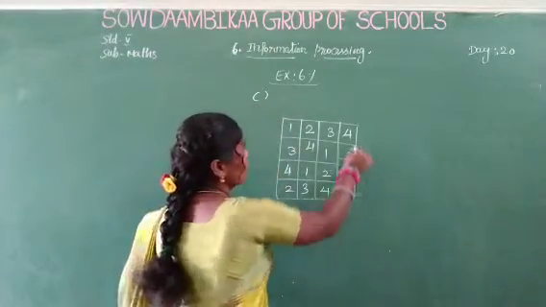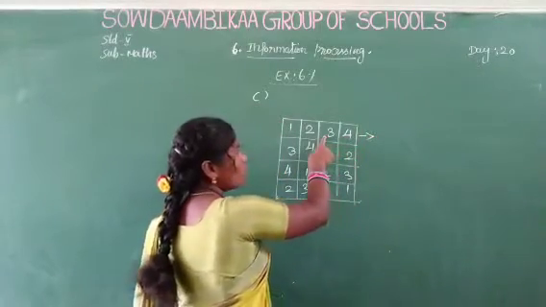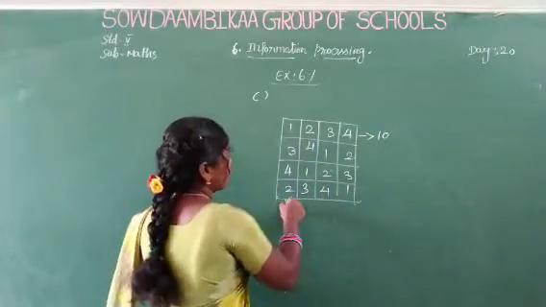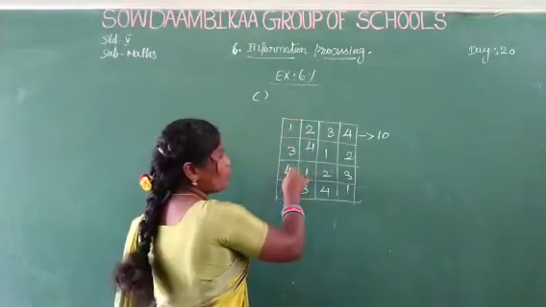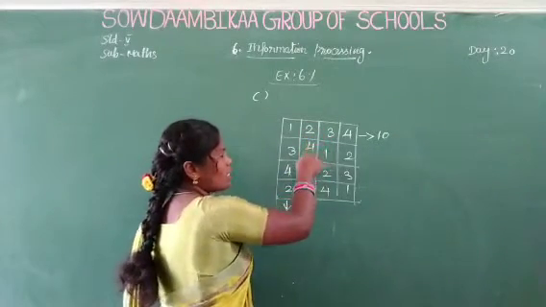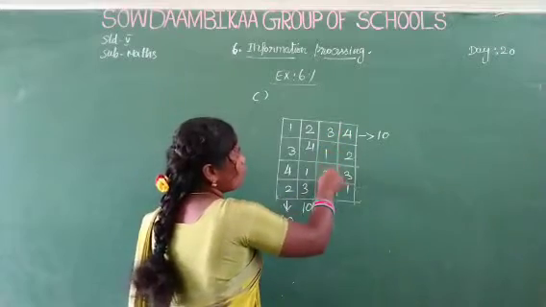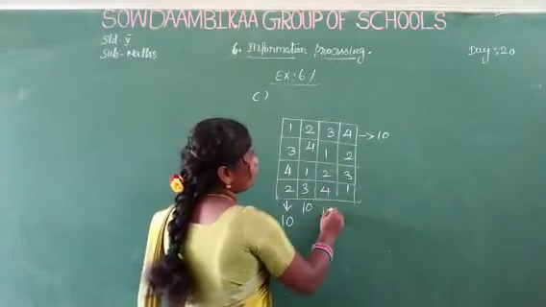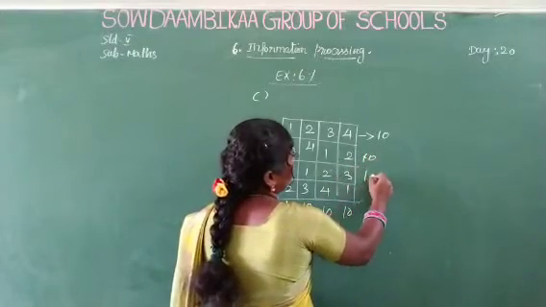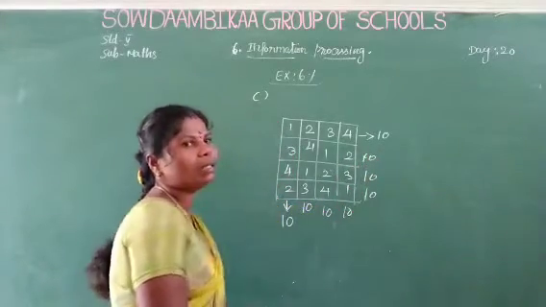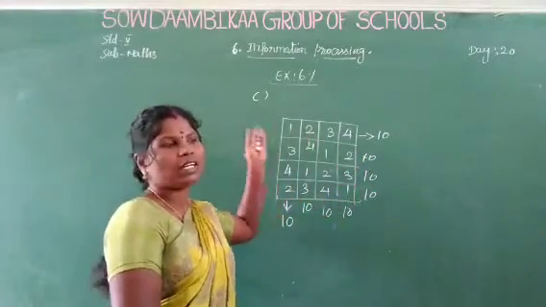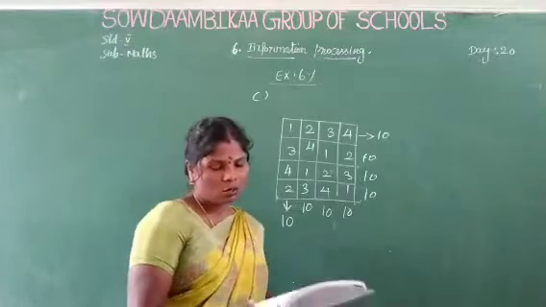Now add the numbers. 3 plus 4, 7. 7 plus 2, 9. 9 plus 1, 10. Now see, 3 plus 1, 4. 4 plus 4, 8. 8 plus 2, 10. All the same. 2 plus 4, 6. 6 plus 4, 10. 3 plus 2, 5. 5 plus 1, 6. 6 plus 4, 10. 4 plus 2, 6. 6 plus 4, 10. 10, 10, 10. Okay, you fill the numbers the same way. Or you add the vertical square boxes or horizontal square boxes, and get the same answer. Okay.